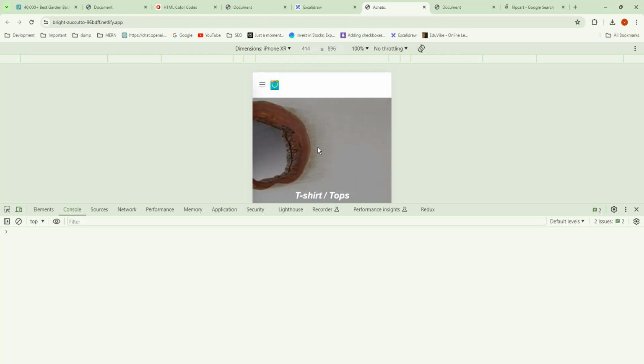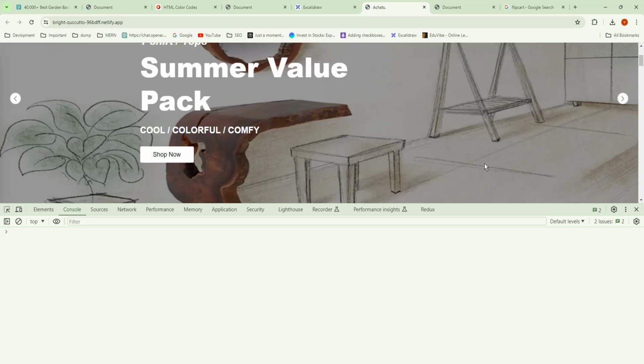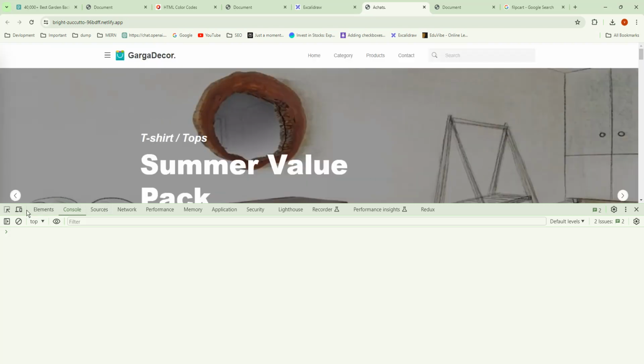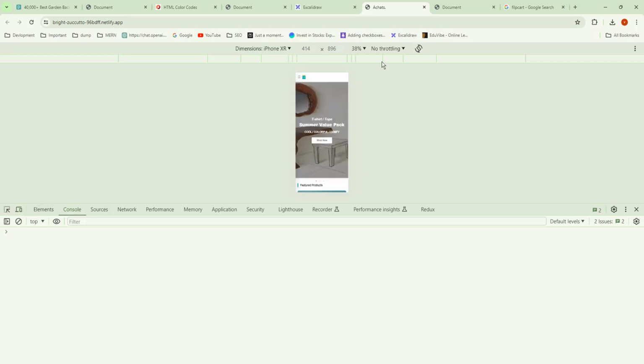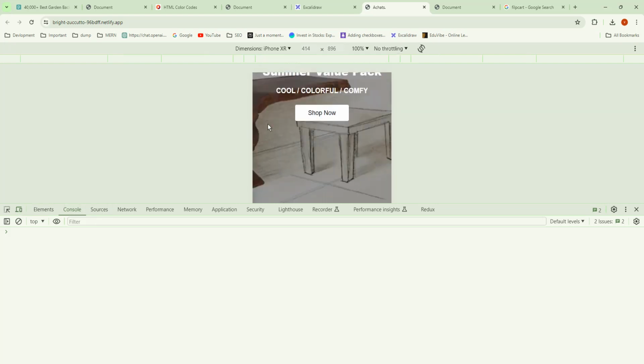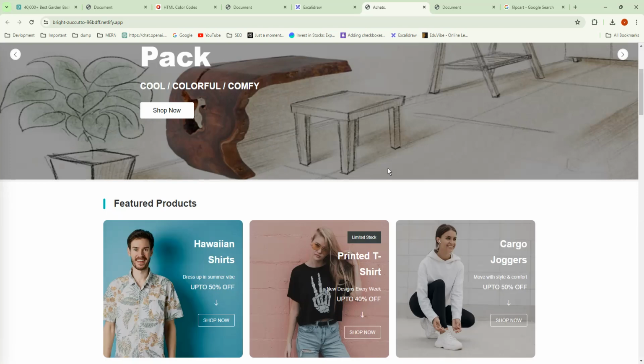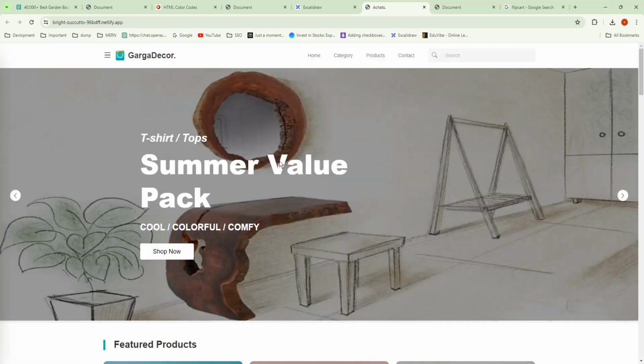See, here the image is cropped, but here it is looking proper. On a mobile device it is cropping and not showing fully, and that should not happen, so you have to write the media queries. Fine. So today we have completed